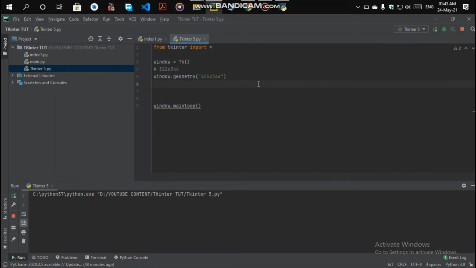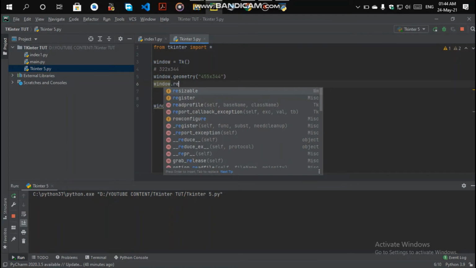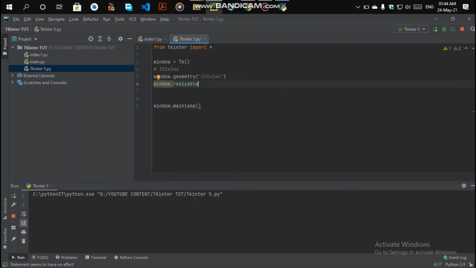You can set its value for how much you want to resize in the max and min options. So basically we are using window dot resizable here. The options are easily available after writing the dot: if you write the root variable and then the dot, it will give you all the options you can use with that window. So here we are using resizable. In resizable we can give the value 0 comma 0. What 0 comma 0 will do is make your window not resizable.